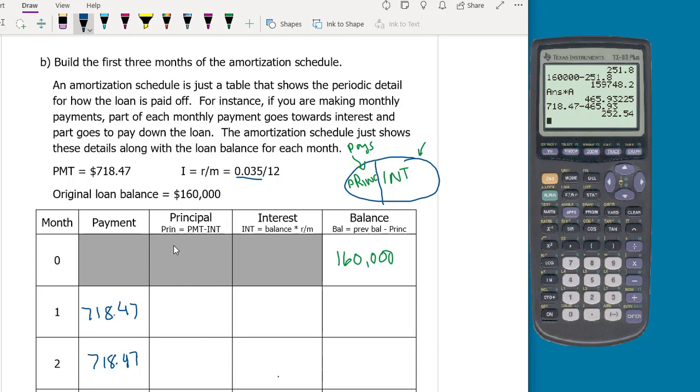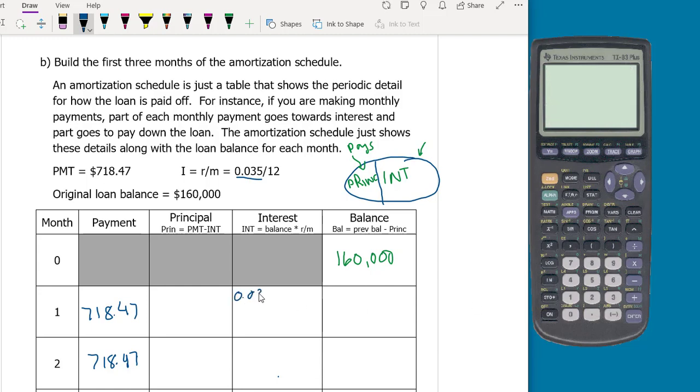And what we're going to do is calculate our principal and interest and then find the balance at the end of each month. The first thing, notice that our annual interest rate was 3.5%, so this means that our monthly interest rate is 3.5% divided by 12. So the amount of interest that we're going to pay each month, we're going to take that